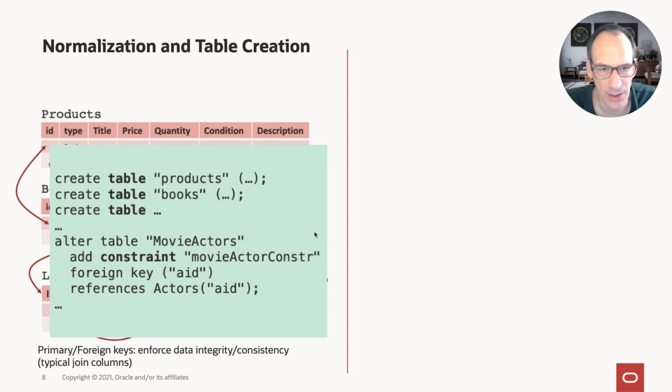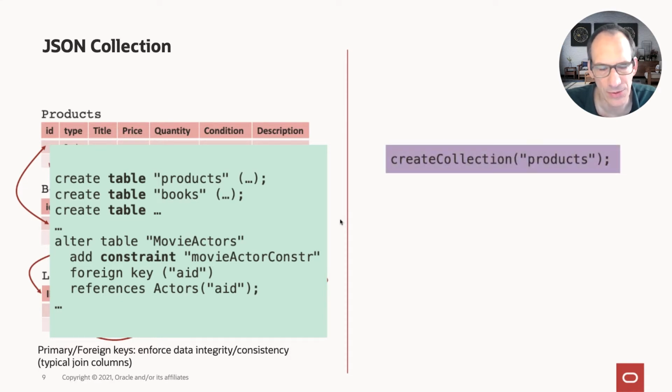So now before you can insert any data, you have to create these tables. So you have to specify the table names, the columns, what are their data types. And you may also want to add some constraints that you say, well, I don't want to erase an actor if there is still a movie played by this actor, for example. So once you've created all these structures, you could insert the data.